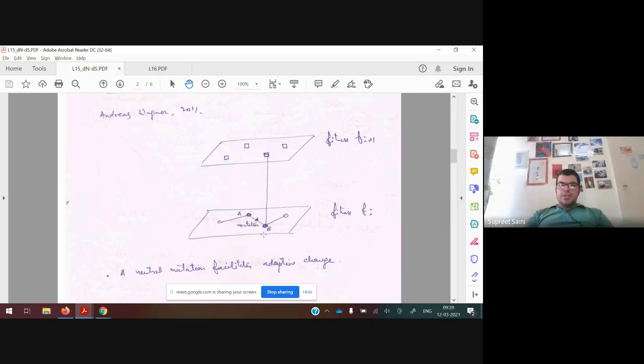But unless this neutral mutation takes place, you cannot access Fi plus 1, right? So this is one way in which Wagner proposes that neutral mutations can actually facilitate adaptation. And what you must recognize is that this is epistasis, because this mutation, we can imagine that this particular mutation is at position number 100.